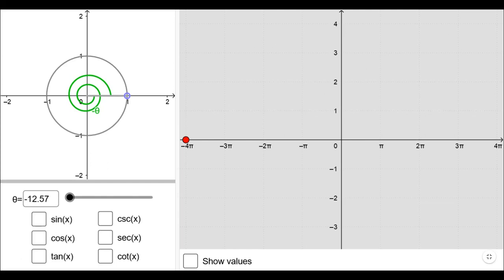Hello students, in the previous video we studied the graph of the sine function and cos function in the interval 0 to 2 pi. But sin x is defined for all real values of x, and that's why, while drawing the graph, we have to take the entire domain. Now I started with minus 4 pi, and it continues on the left side and also on the right side, with the values of x taken between minus 4 pi to plus 4 pi.